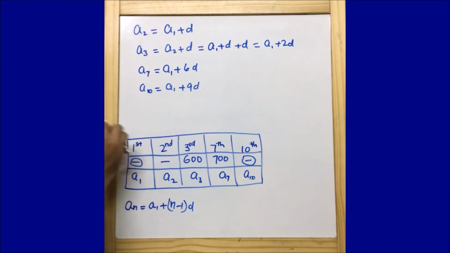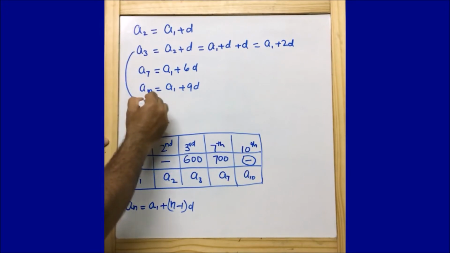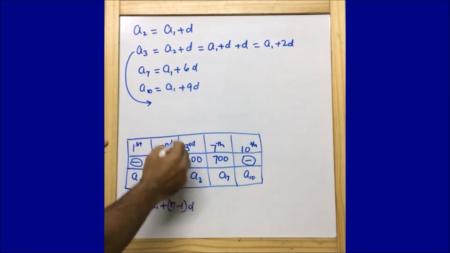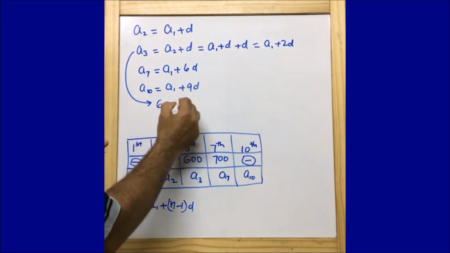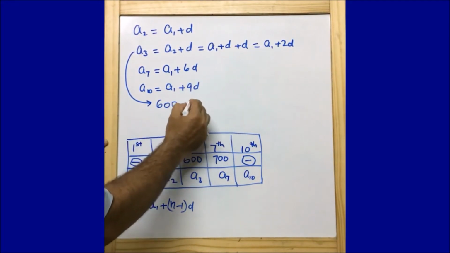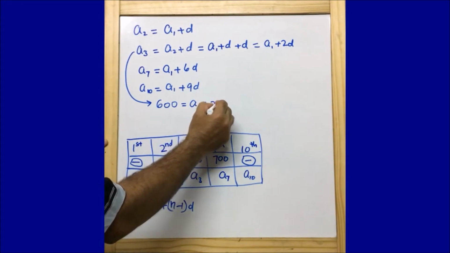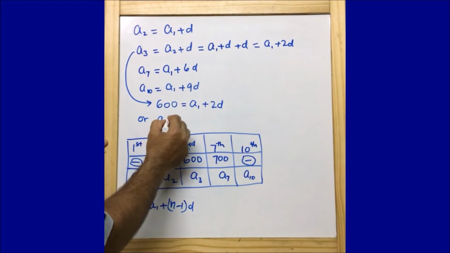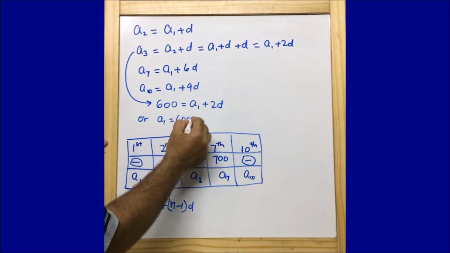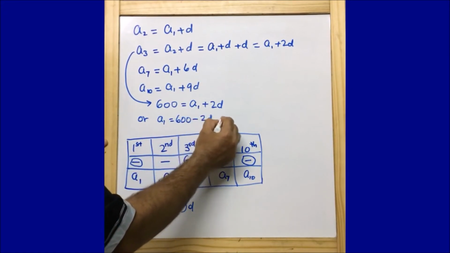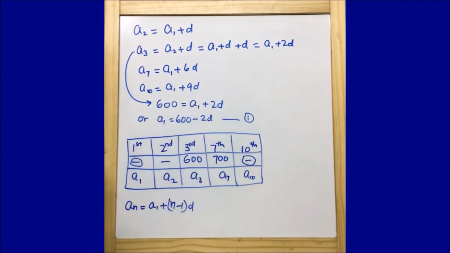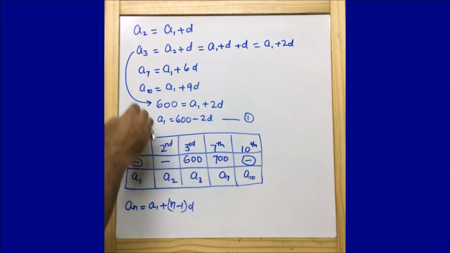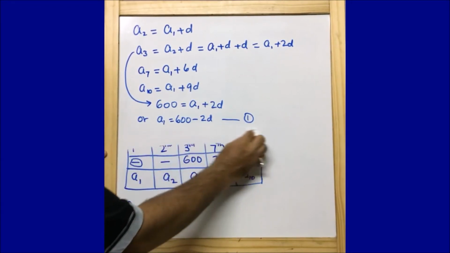Now, what I can do, I can write a3 as a1 plus 2d, or I can write 600 is equal to a1 plus 2d, or I can write a1 is equal to 600 minus 2d. Let's make it as equation 1. So guys, from the information that is given for the a3, I derived a1 is equal to